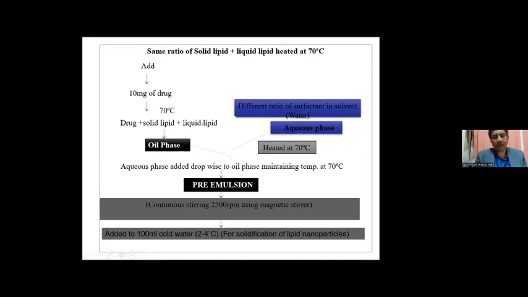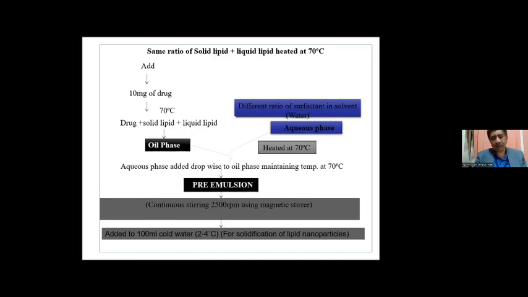Separately, we have taken different ratios of surfactant in a suitable solvent. We have used water as the solvent, or the aqueous phase, and that one is also subjected to a heating process at 70 degrees centigrade. Then we have added the aqueous phase dropwise to the oil phase, which is maintained at the temperature of 70 degrees centigrade. This subsequently formed the pre-emulsion of the formulation, and a stirring process was continued at 2500 RPM